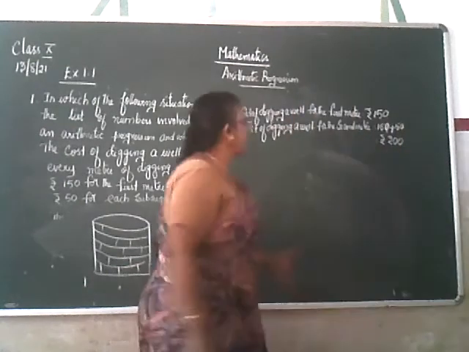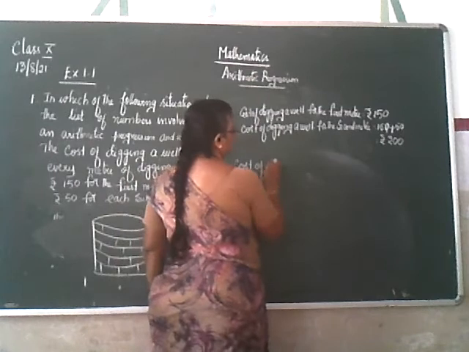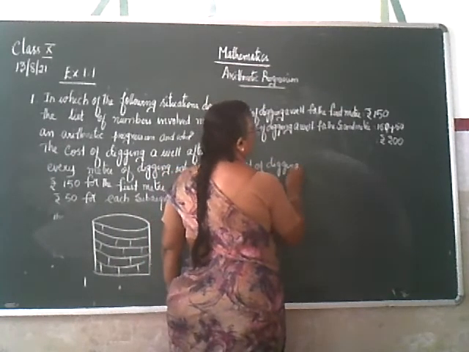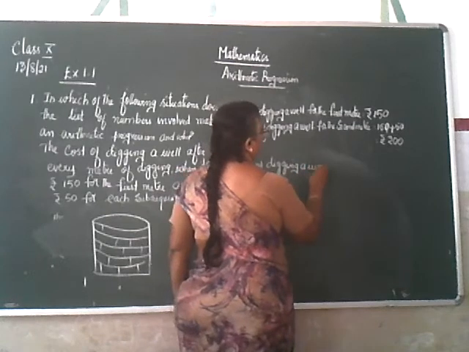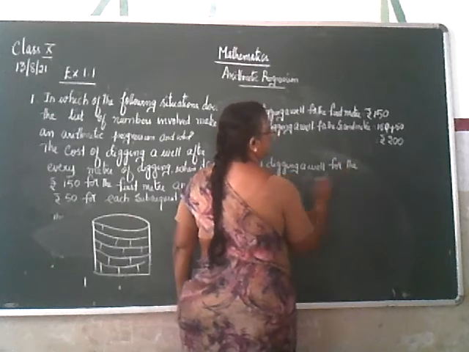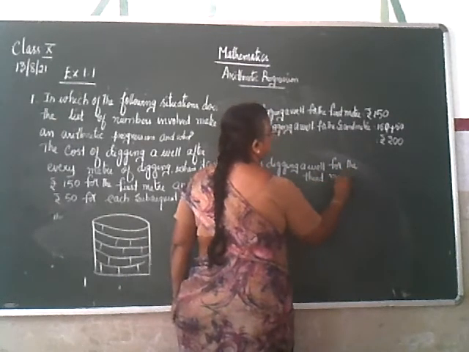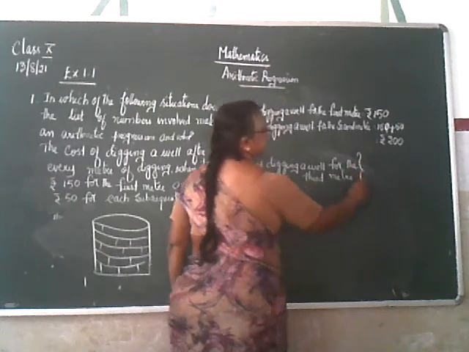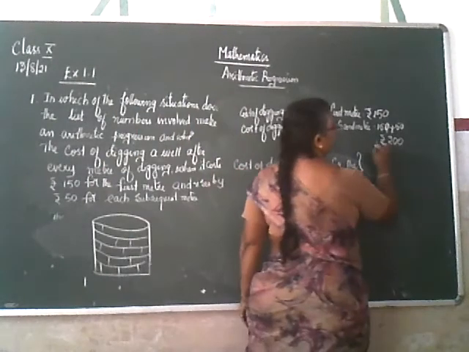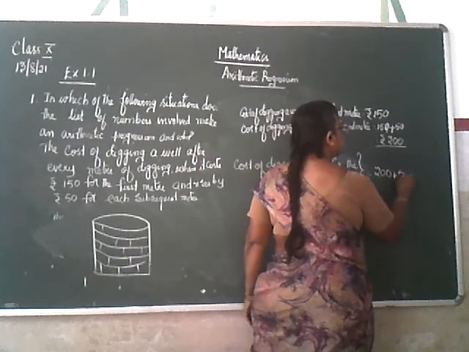Again, the cost of digging a well for the third meter. For the third meter, first it will be 200 for the second meter, and again in the subsequent meter